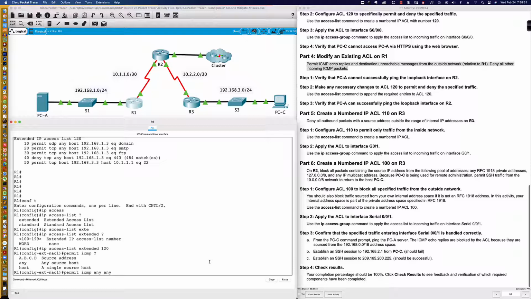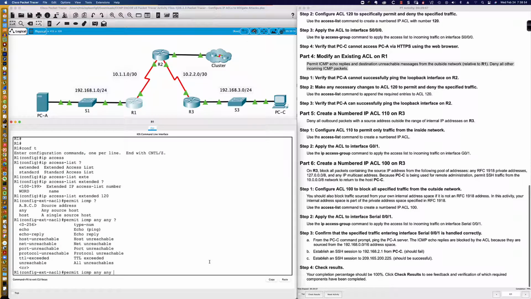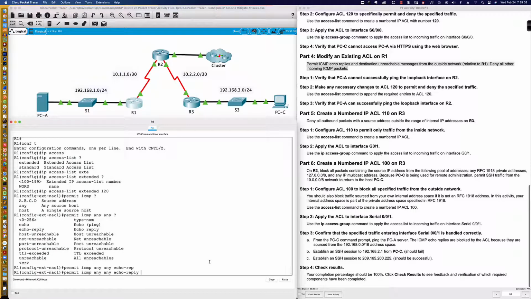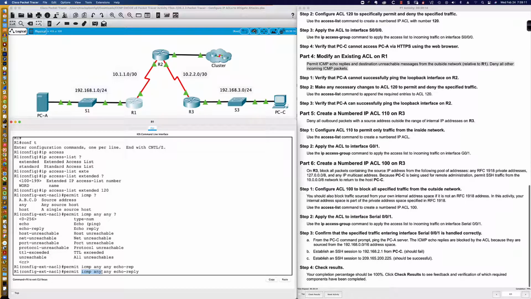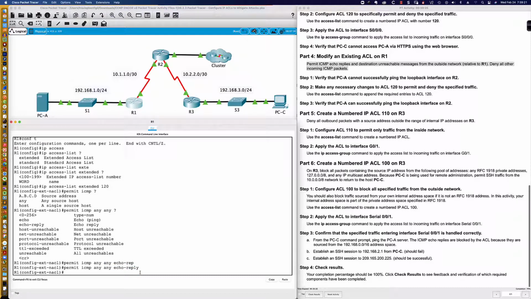If I hit enter right now, we're allowing all ICMP traffic. And take a look, there are a lot of different kinds of ICMP packets that we could encounter. The one we're interested in first is that echo reply. So we're going to permit ICMP from anywhere, and it's going to be allowed to go anywhere behind router 1 as long as it's an echo reply. And so we'll hit enter right there. And then we're going to say permit ICMP any going anywhere, so from anywhere to anywhere, and you can see